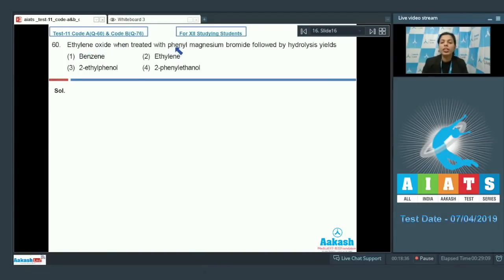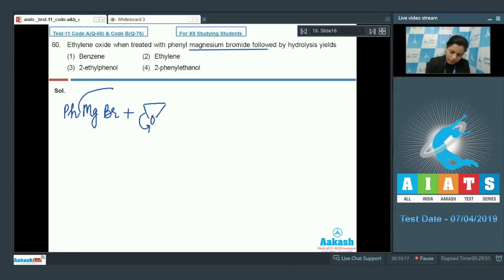Ethylene oxide, when treated with phenyl magnesium bromide followed by hydrolysis, yields. In this case, we have the Grignard reagent here, and it is going to react with ethylene oxide. What is ethylene oxide? A cyclic compound of this type, and it's going to react with phenyl magnesium bromide. In this case, the reaction will take place, and here's the formation of